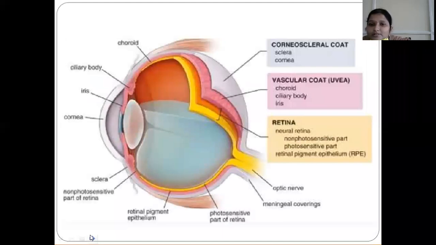So as you can see, this is a figure of the eyeball. Here you can see the white layer is the outermost fibrous coat of the eyeball. It is constituted by the cornea and sclera. Cornea is the anterior 1/6 part and sclera is the posterior 5/6 part. Similarly, the middle vascular coat is the uvea and the inner sensory layer is the retina. So this pink one is the uvea and the yellowish brown part is the retina.